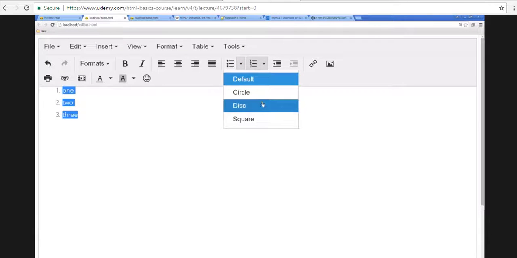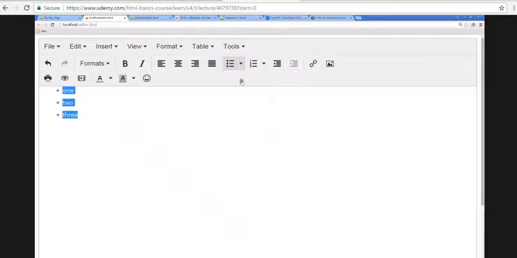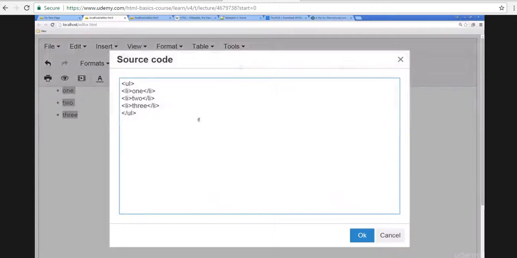And we have a choice when we're selecting the bulleted list. We can do a circle, we can do a disk, we can do a square. So it depends on what we want within our styling, and then the default is just going to be these circles. So when we look at the source code for this, we see that it's a UL, and then